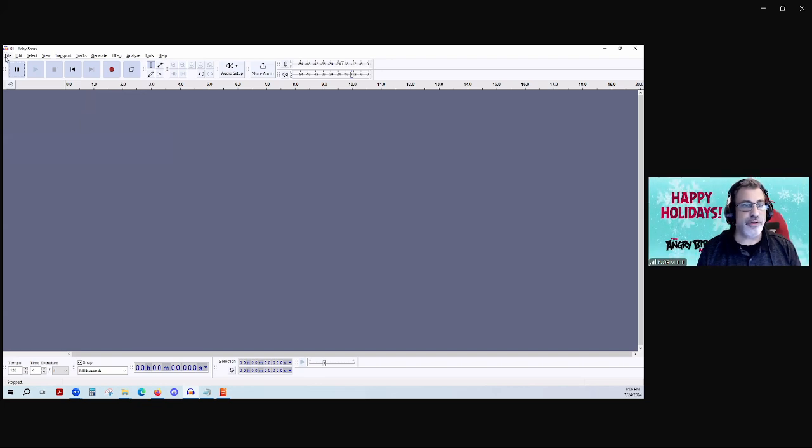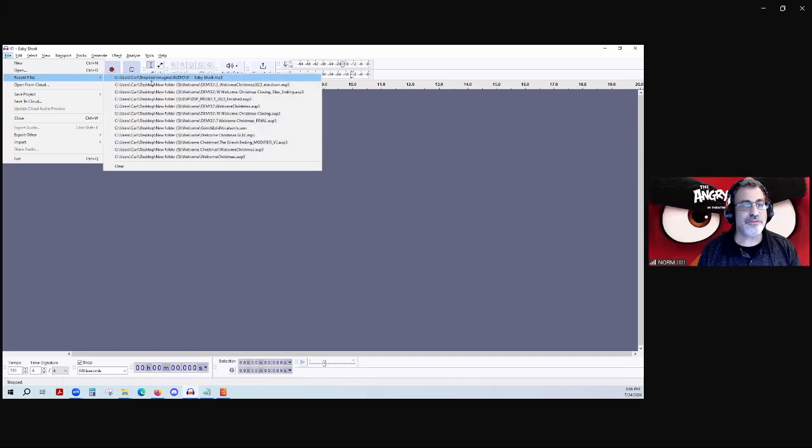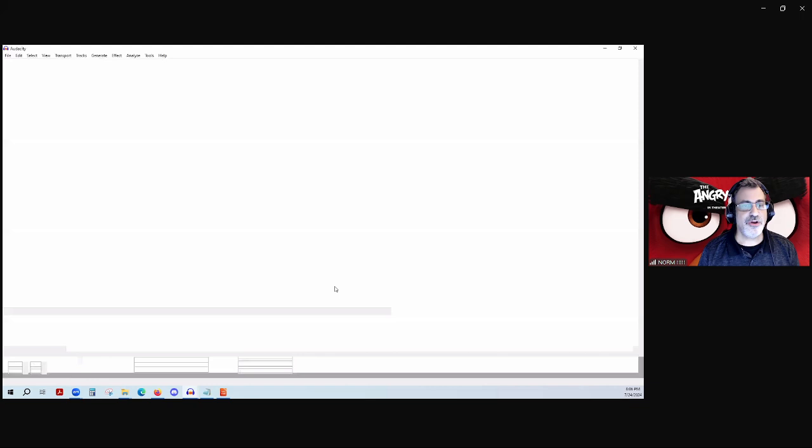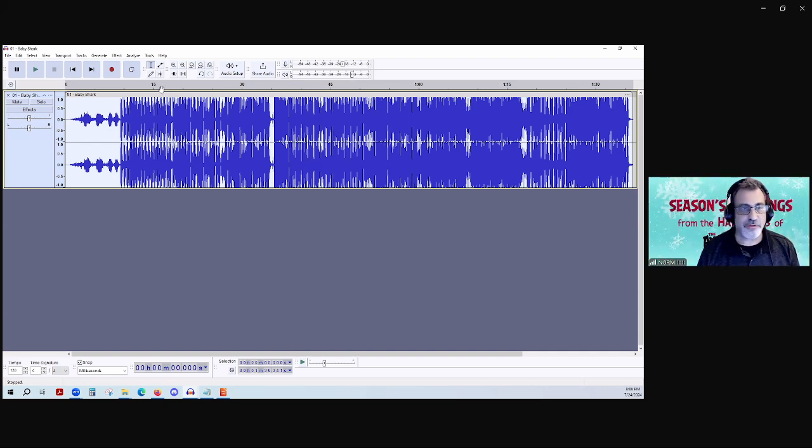So when you're in Audacity, first thing you want to do is let's bring in a file, right? So we can open a file. I'm going to open up a file that I've already had open previously. We'll start with Baby Shark, because who doesn't love Baby Shark? It was either that or Mariah Carey, and I'm sure that you would prefer this one. All right. So hopefully you'll be able to hear this. If not, please let me know, and then I'll go ahead and adjust.